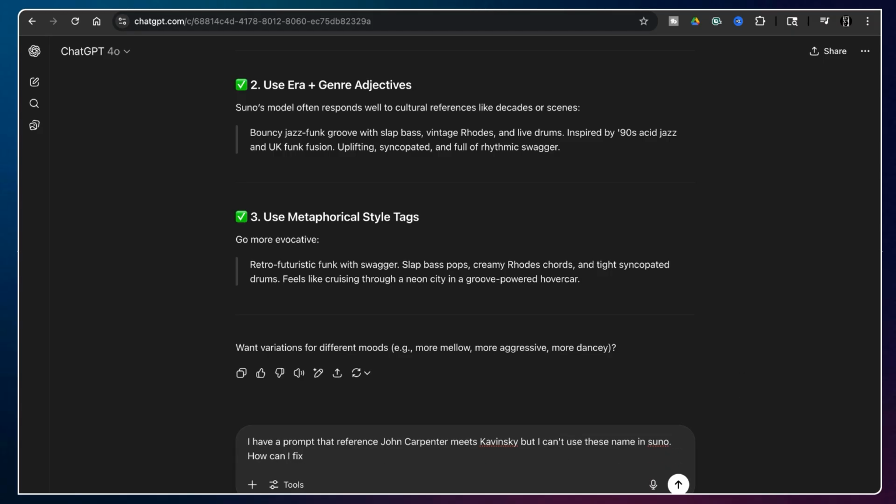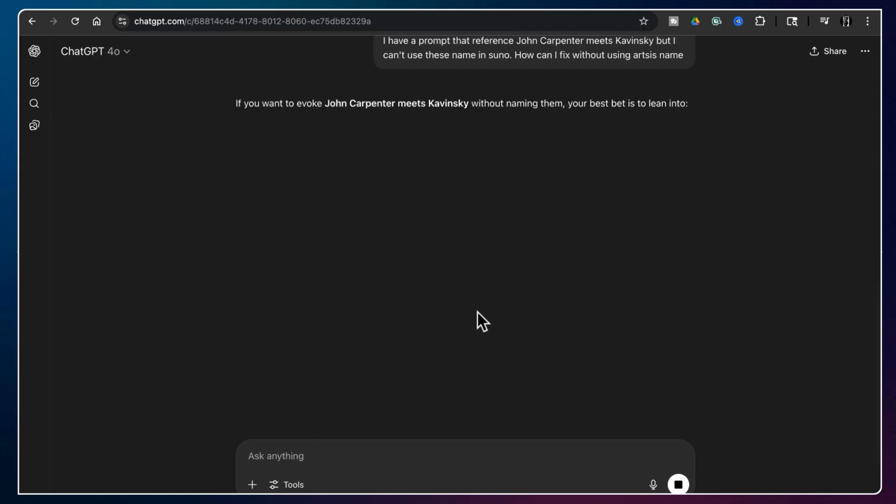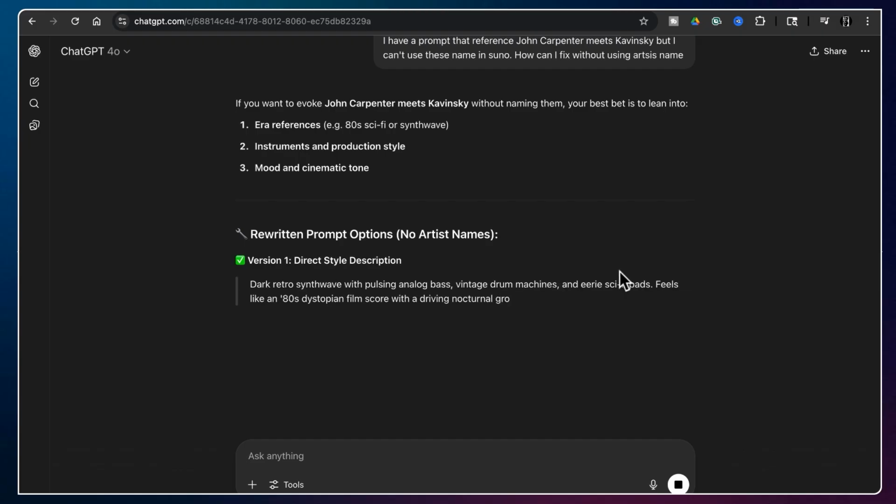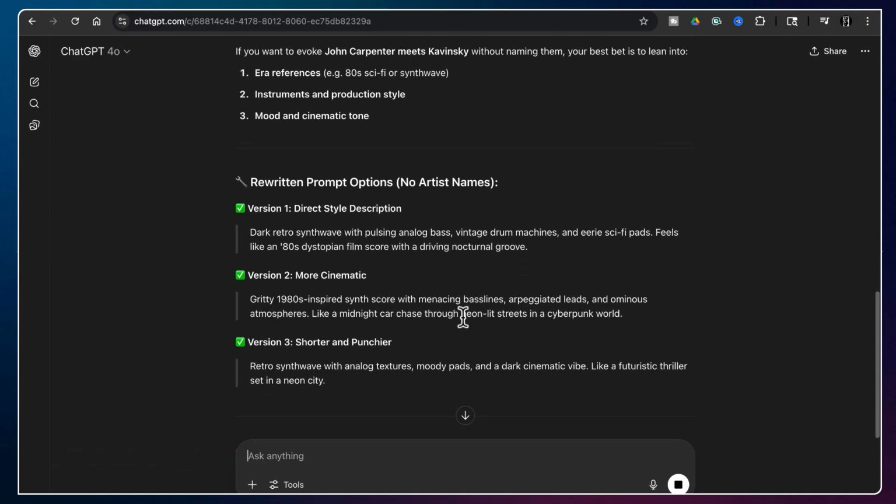Because I personally don't have the descriptive language to describe these artists, is what I mean. So how can I fix this without using artist names? So there we go. Now, I didn't put the first part of the prompt in there, but